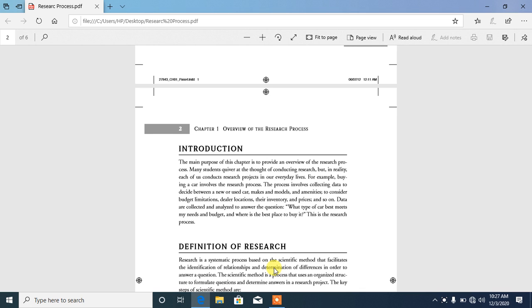Today we have to discuss research, how you have to do your research. It has a process and we have to follow this process. We have to go through these chapters, these parts of research. The first thing that you should know is the problem, the topic that you are